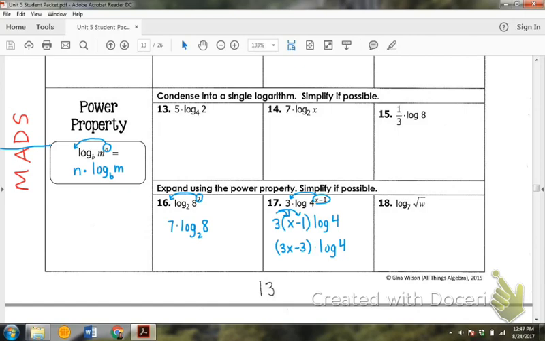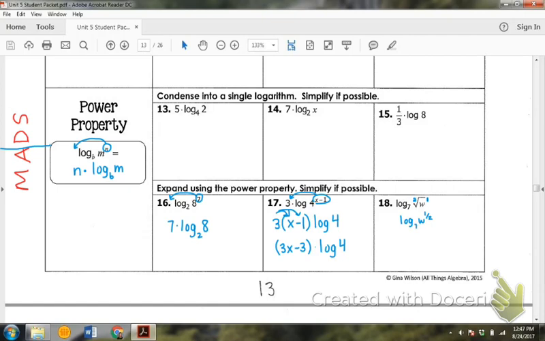What about number 18? Does number 18 have an exponent? Is it 2? Is it 1? Do you guys remember last unit? We talked about the number that's out here, which is a 2. And this number in here is a 1. So how could we rewrite this as a rational expression? W to the what? W to the 1/2. Do you guys remember we talked about that? Where the root comes and it becomes the denominator, right? So this would be W to the 1/2 power